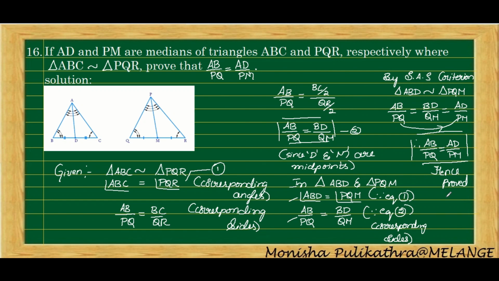You just have to know that if two sides and one angle are proportional, then it is the SAS similarity criterion. By that similarity criterion, we can prove that two triangles are similar. By AAA, if all the angles of two triangles are equal, then the two triangles are similar. Or if all the sides of two triangles are proportional, then it is the SSS similarity criterion. If you know the concept of it, whatever question they may give, even if they twist the question, you can do the problem easily. Hope you understood.